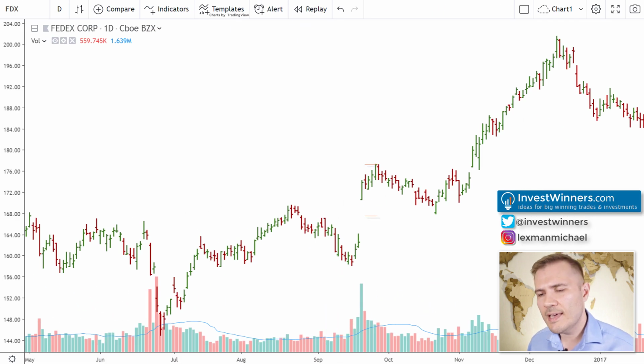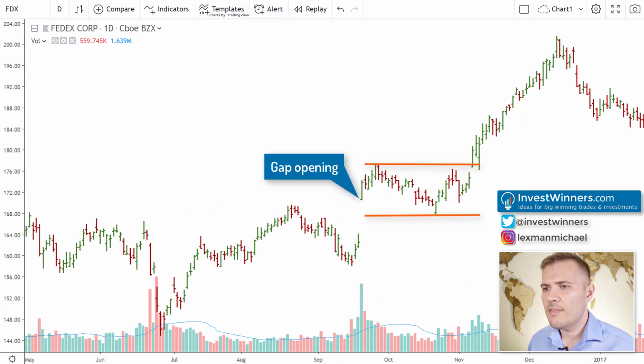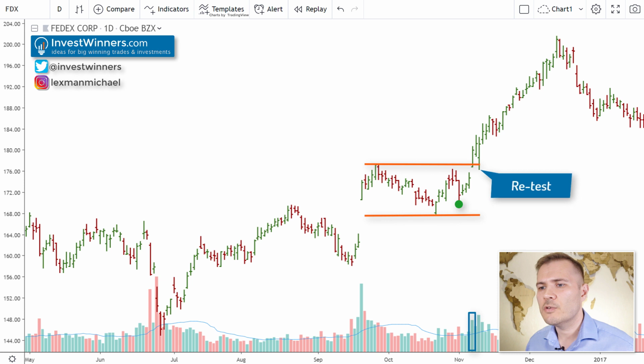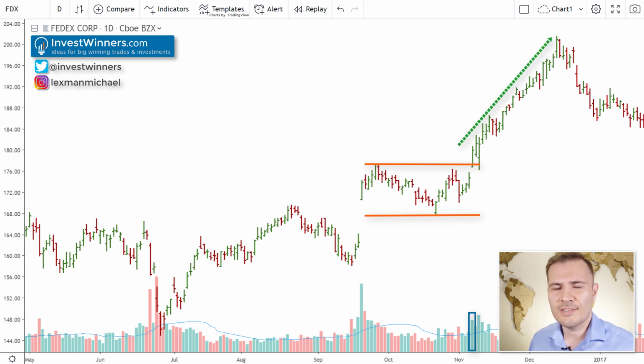And here we have the daily FedEx stock chart. After earnings, the stock opened with a gap and began to form the flat base pattern. On the weekly charts, the Lexman algorithm showed us that big capital entered the stock here and bought out stocks from everyone who wanted to sell during this period. Let's mark the upper trend line and the entry point at the level of 177, with the option for the stop here or here. Increased volume breakout is followed by a retest that could knock you out if you put a stop at the break-even too early. And this is the follow trend up to $200.